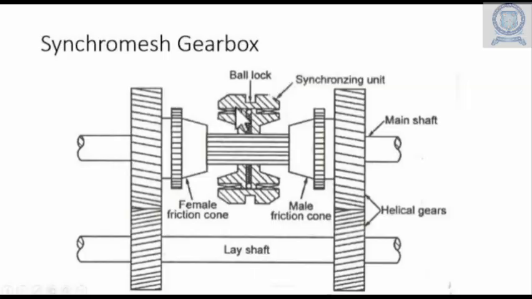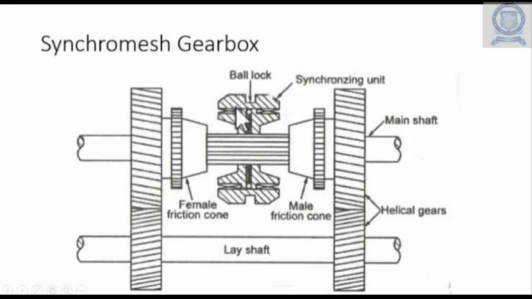In this slide, we are seeing a simple layout of the synchromesh gearbox. So here also there is a main shaft, lay shaft, and here there are some different things: a ball lock mechanism, a female friction cone, a male friction cone, and a synchronizing unit, and some helical gears. Instead of spur gears, we are using helical gears. And one thing we want to remember here is mainly for the top 2 gears only we are using these